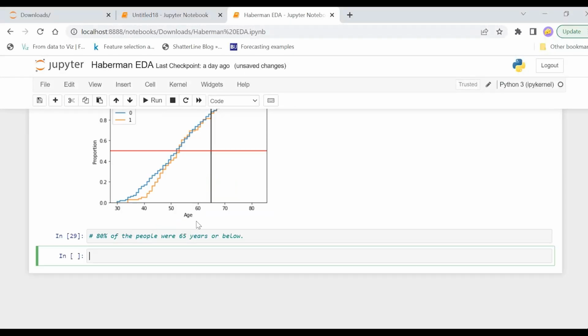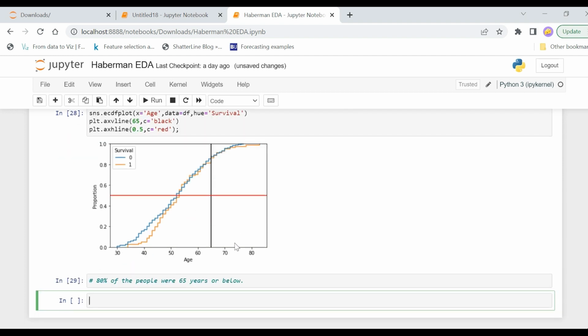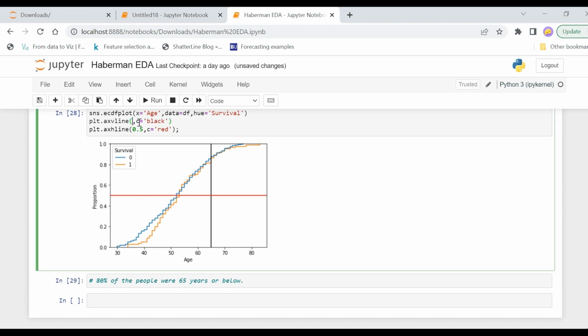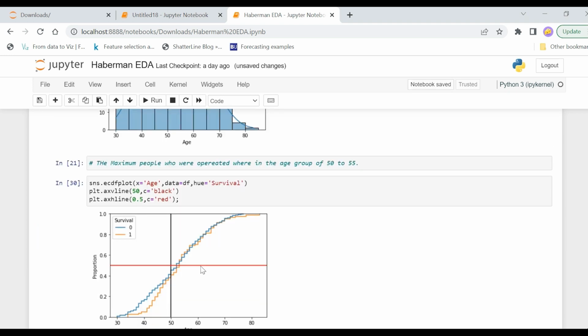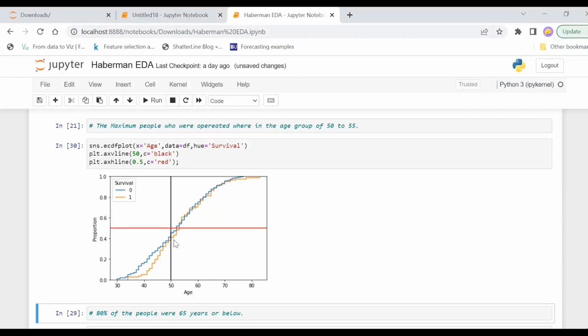Let me see this. I'm just looking at what insights I can take out from this. So we can also try to change it, like later. Suppose I want to understand what percentage of people were 50 years or below. So here I can say that around 40% of the people are there. Nearly 40% of the people. So here you can also say one more conclusion, that 40% of the people,